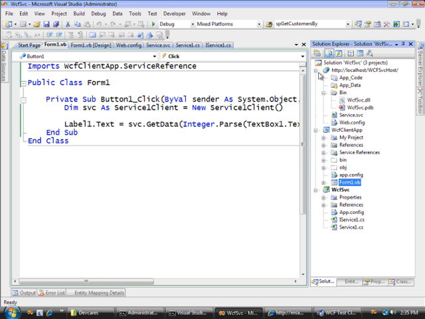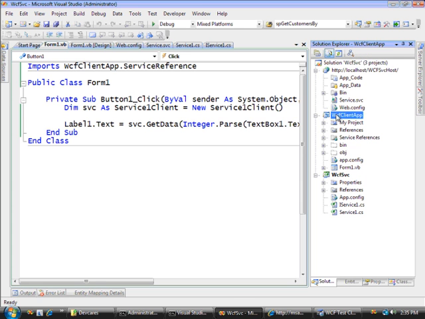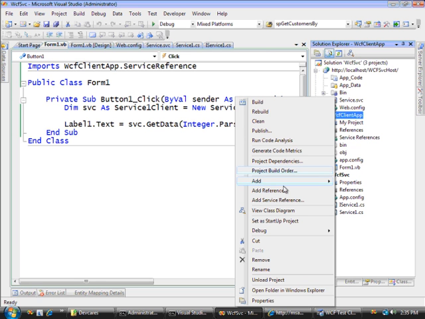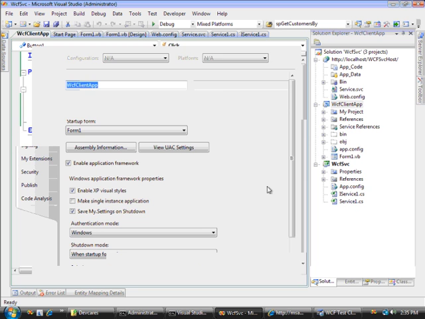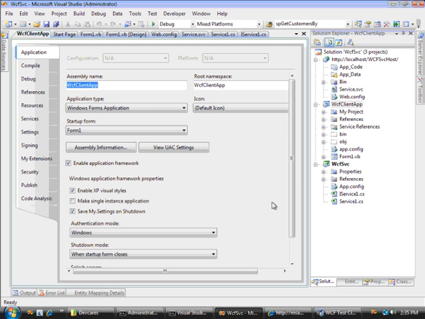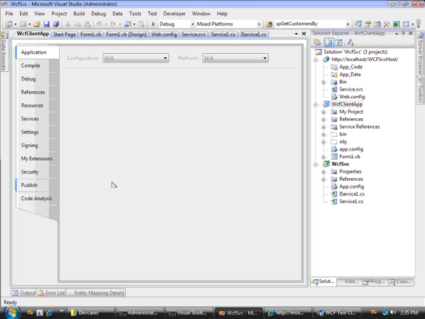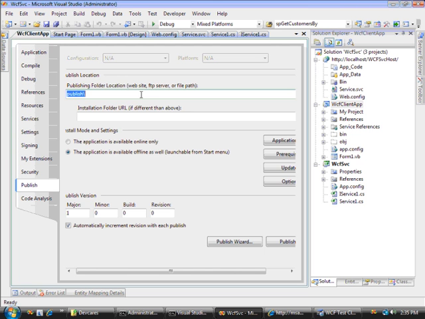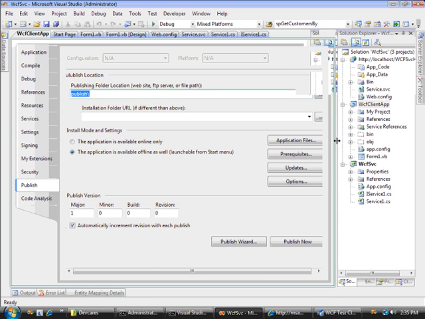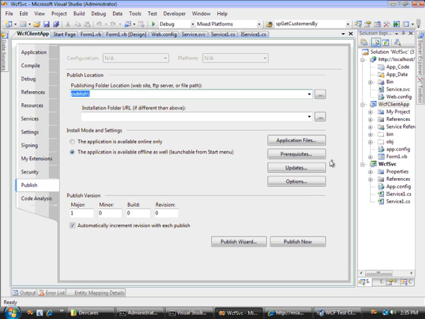Now what we want to do is take this application and deploy it out so that other users are able to get out and use this application. So you go to the property pages of your client application, and if you come down to the Publish tab, you'll see we've got a couple of things we can do to take all of the resources that make this application work and publish it out to wherever it needs to go. We can specify a folder location, and in this case I'm going to go out to HTTP,